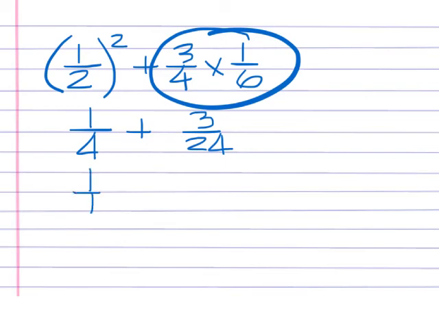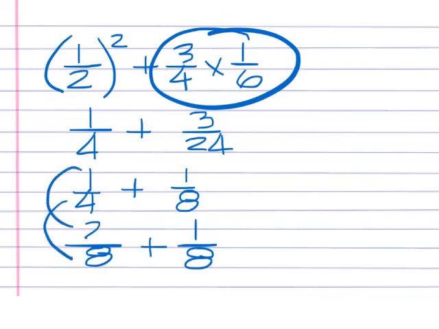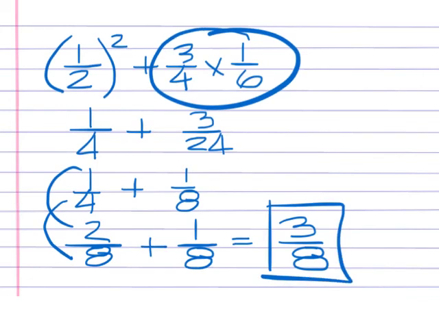Now you can reduce that 3 over 24 to get 1 over 8, which would make your common denominator be 8. It doesn't change the second fraction, but this one becomes 2 over 8 when you multiply by 2. So you should get a final answer of 3 over 8. Just multiply this fraction by itself, then go over to the multiplication, and then add those two results, 3 over 8. Practice number 5. 3 over 4 squared